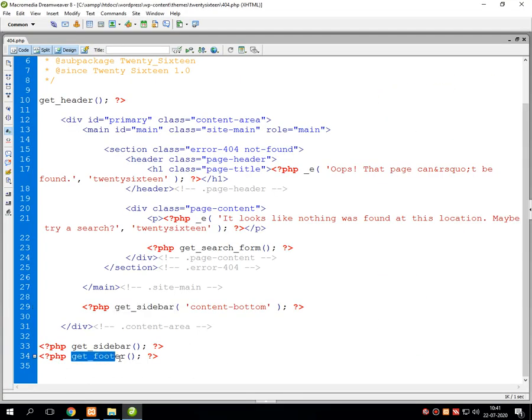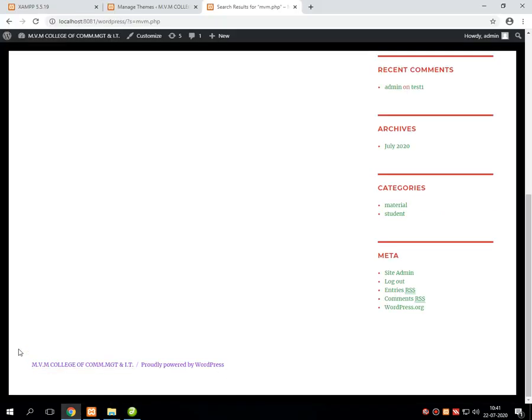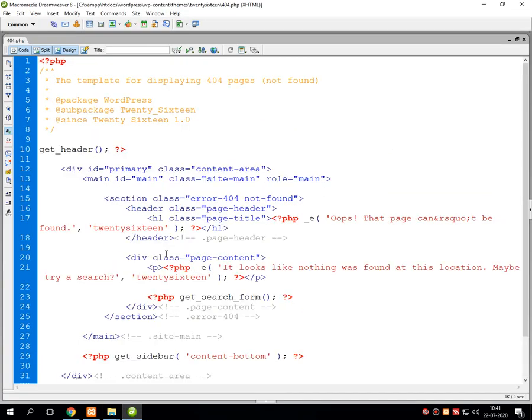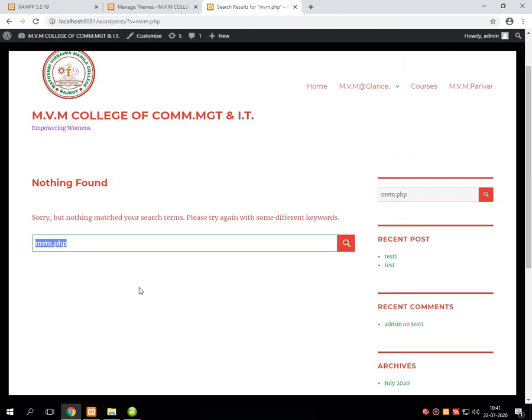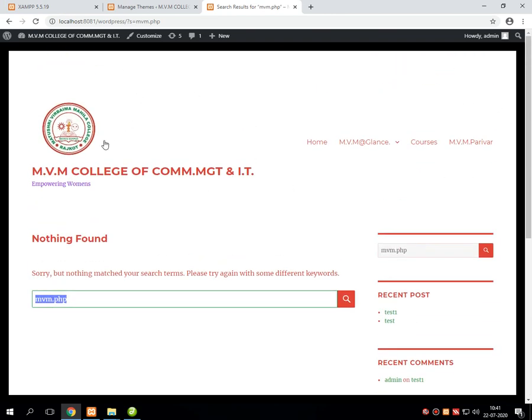Using get_footer, it will display the footer of the particular theme. Using get_header, it will display the header of our site.